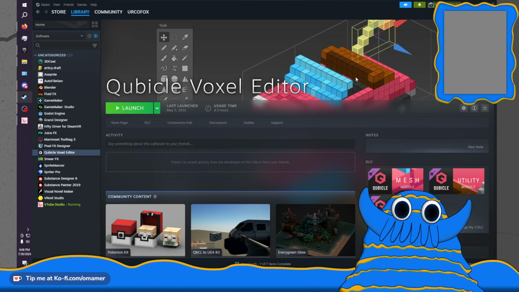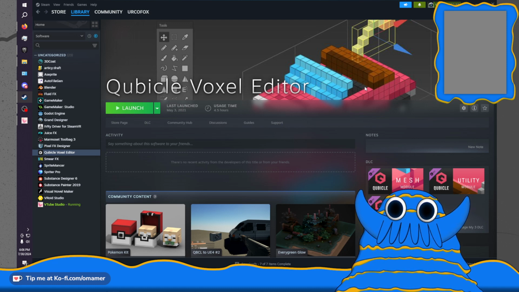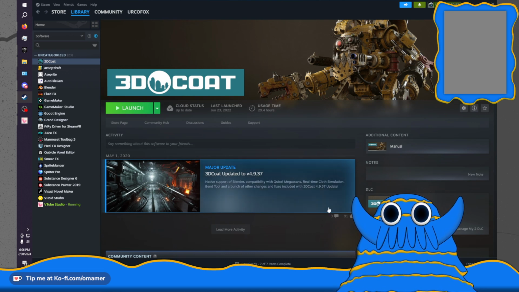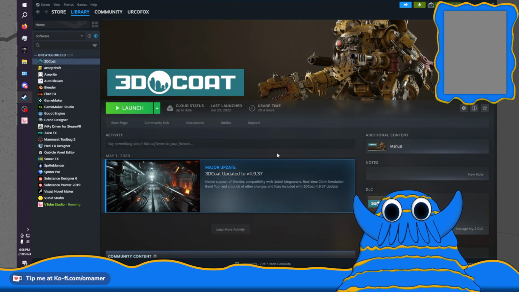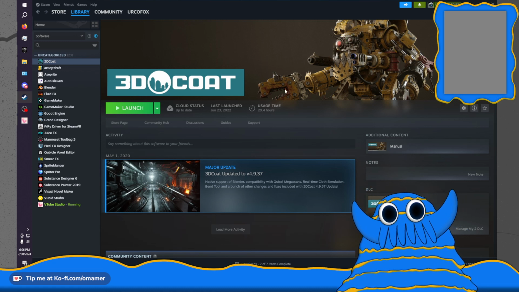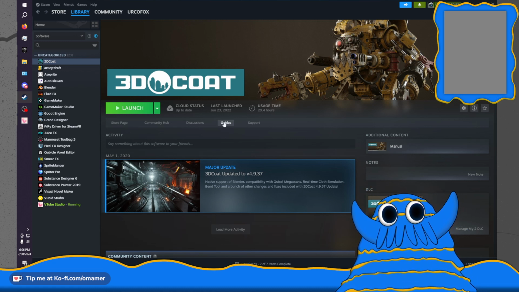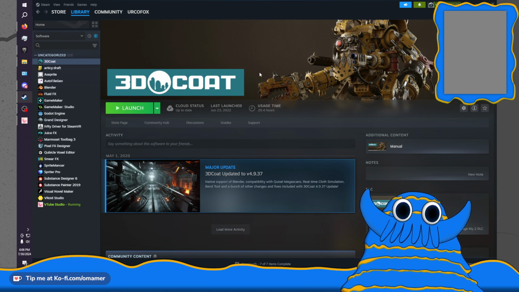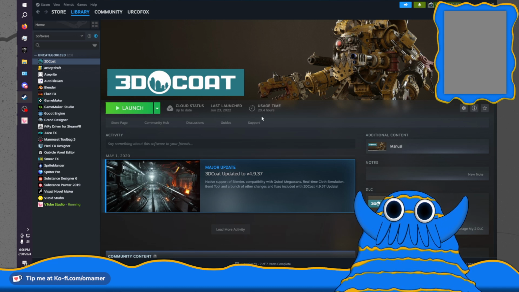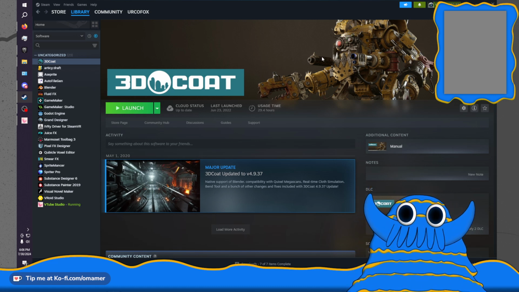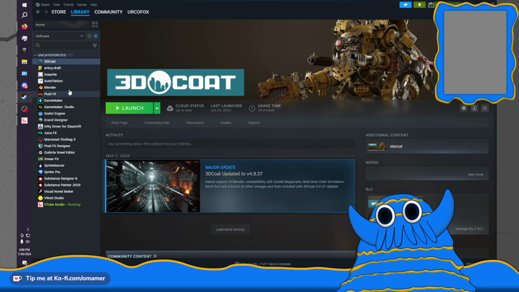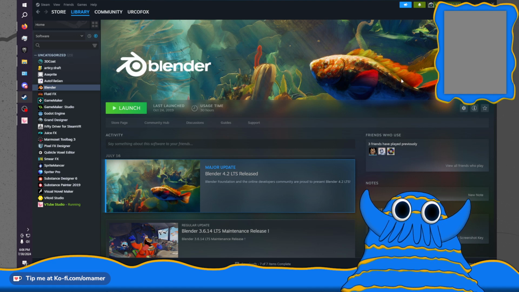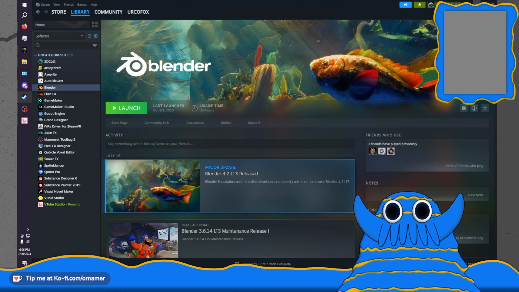But this one is much more for that blocky effect, and this one is full on sculpting software. In fact, because this one, as far as I know, is still giving me free updates whenever they have them, I'm probably going to use this more than I use ZBrush, although I have both programs. Blender is what I'm going to do most of my 3D work in because, you know, it's Blender. It's the thing.